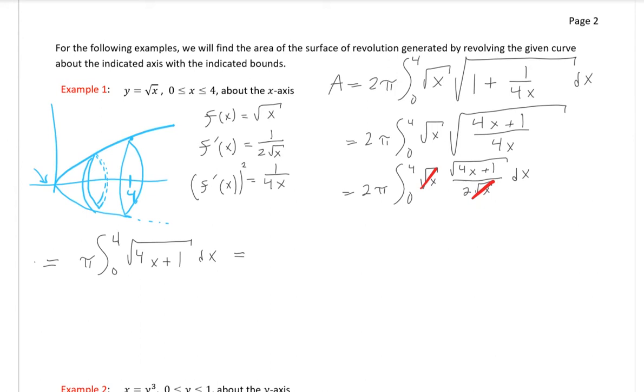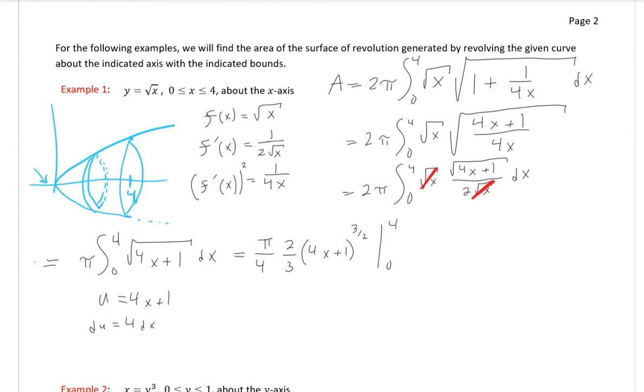Now, if you want, you can do a u sub. You could do u equals 4x plus 1 and define du as 4dx, so the 4 gets divided out. So you'll end up with pi over 4 times u to the 1/2, which means that it's going to increase to u, or 4x plus 1, to the 3/2. Then we're going to divide by 3/2, so we have a 2/3 out here